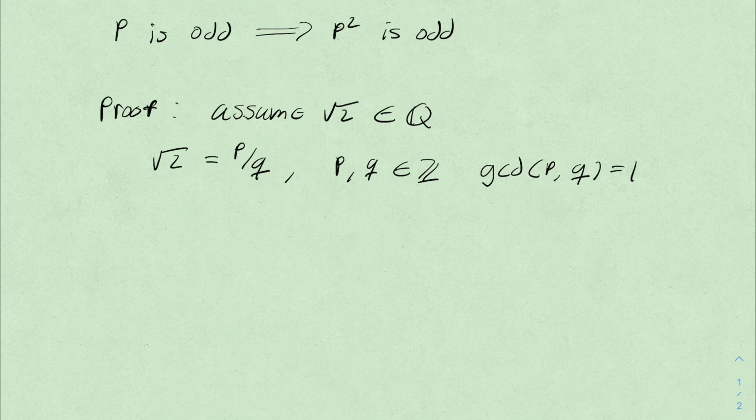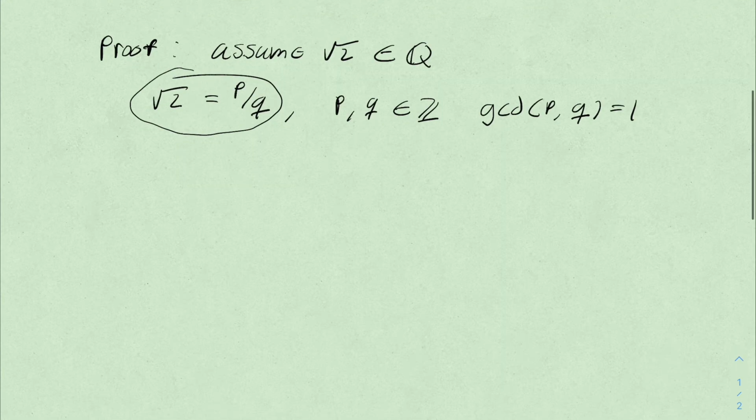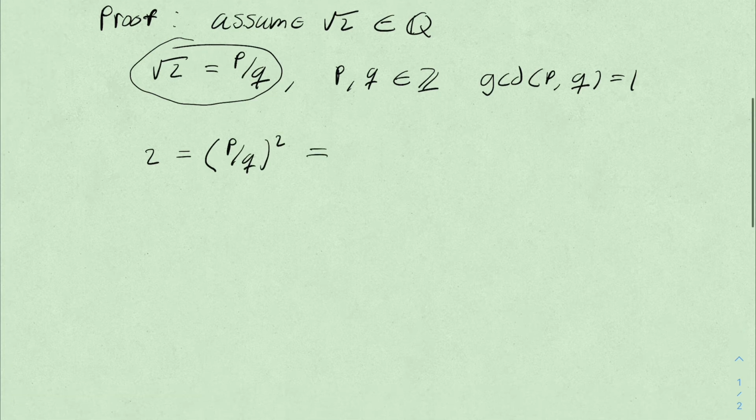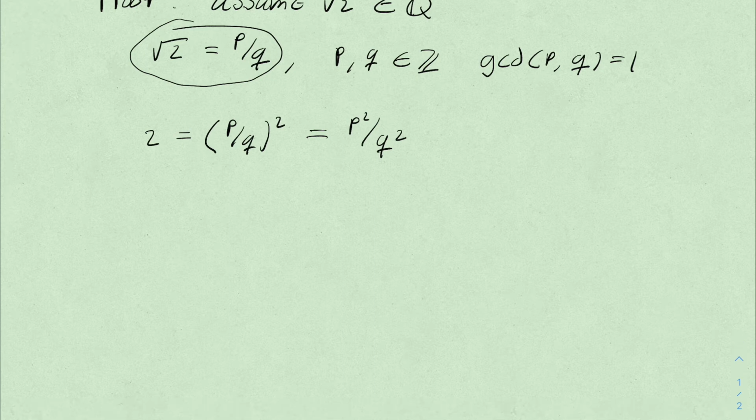Okay? So what we're going to do is take this particular expression here, and square both sides. So 2 is going to be equal to (p over q) squared, which is equal to p squared over q squared, as you can square both the numerator and the denominator individually. Therefore, we get p squared is equal to